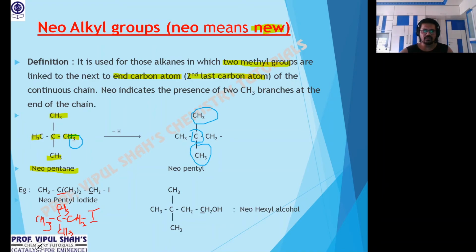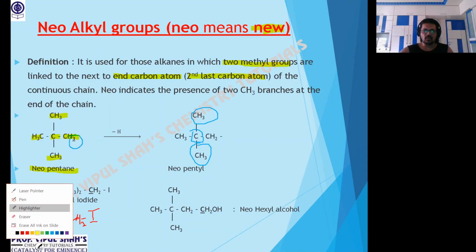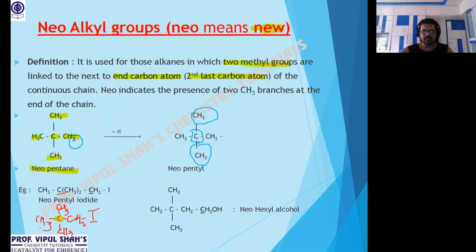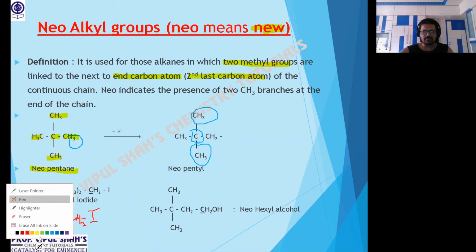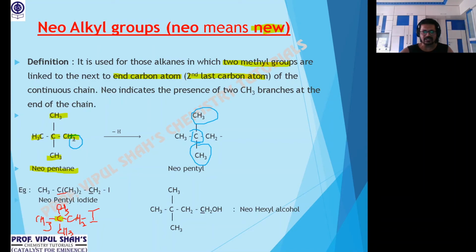Now important. Observe this. Is this second last carbon attached to four other carbon? Yes, then it is neo. Now count total how many carbon? 1, 2, 3, 4, 5. So it's neopentyl iodide. And important, if I talk about the nature of carbon atom to which the functional group is directly attached, that is this carbon. What is the nature? Attached to only one other carbon. So nature is 1 degree. That's a neo group.